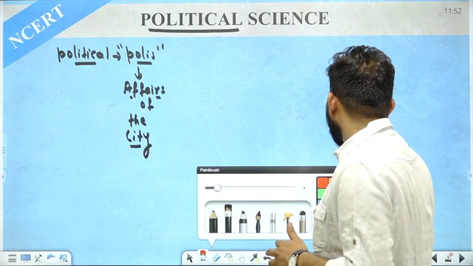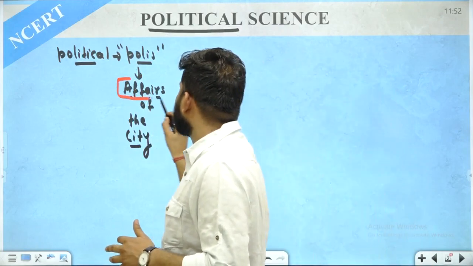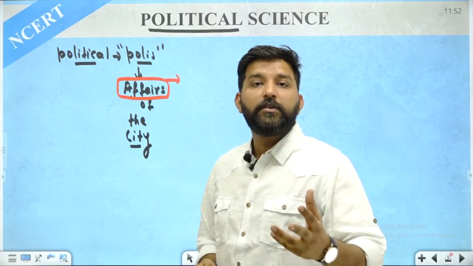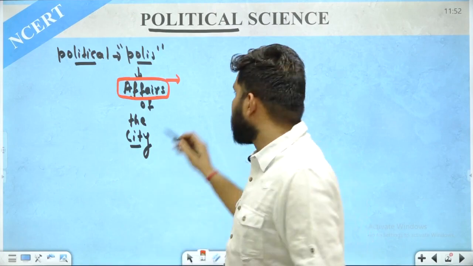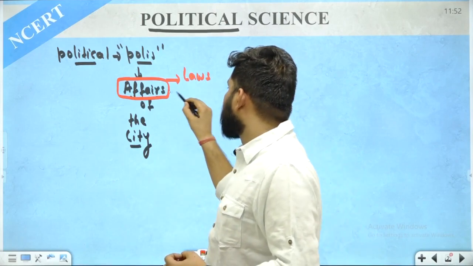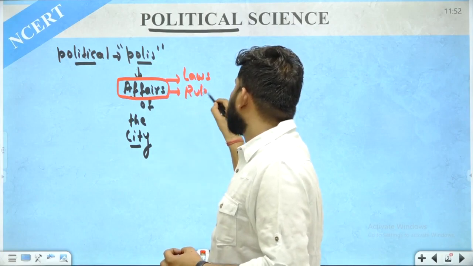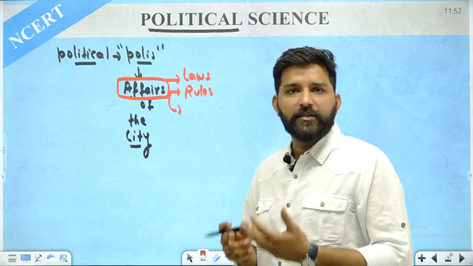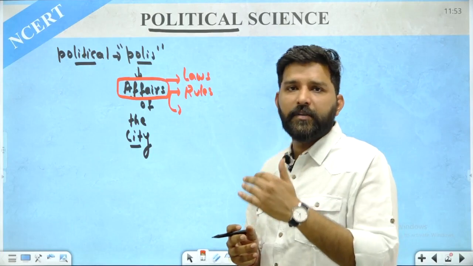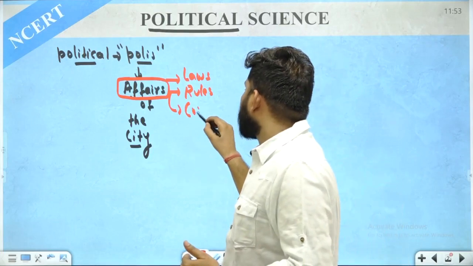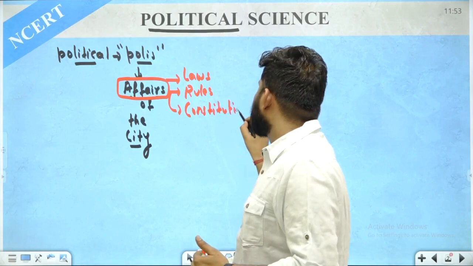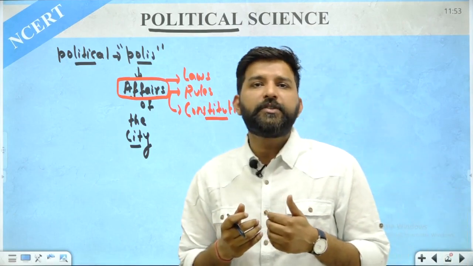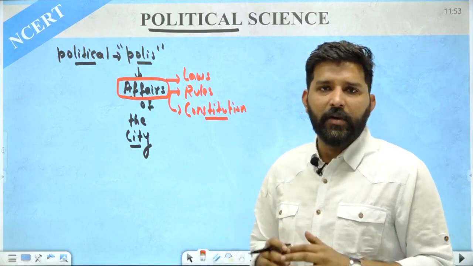Now, for a basic understanding, I will give you an example of what kind of affairs we study in political science. Like the affairs of the laws, that what kind of laws we have to formulate for running the society properly. We study the rules, or how we can formulate the rules for managing the society properly, or to maintain a proper order of the society. We study about the different constitutions around the world. First of all, we study what is a constitution, why do we need a constitution, and how effectively a constitution can run a country. All these affairs are studied in political science.